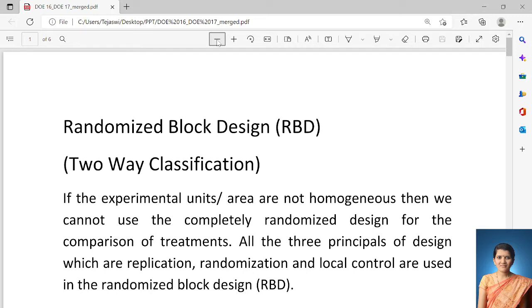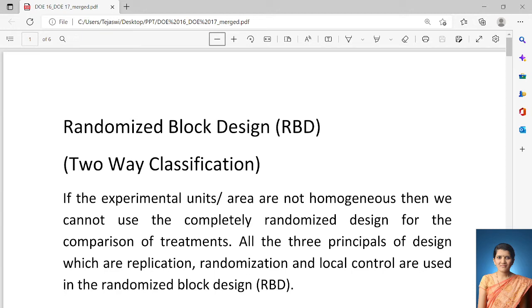In this lecture, we will discuss the second design named randomized block design. It is noted as RBD. It is also called a two-way classification because here we have used two factors. In CRD, we have used only one factor, like treatment, but in this design we have used two factors, treatment